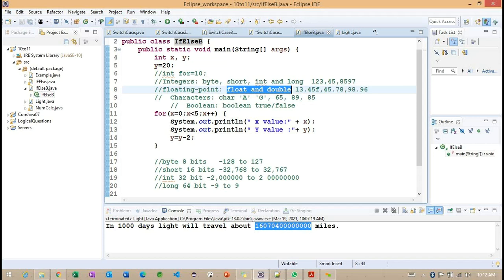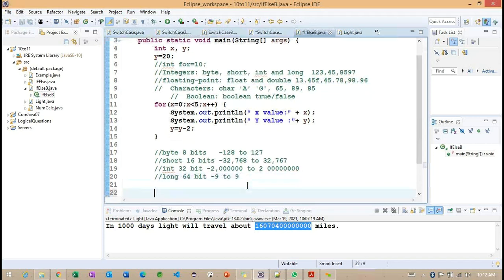Float and double. As we explained, the float is going to take 32 bits, and the range is also a bigger value. We don't want to discuss the particular range here.